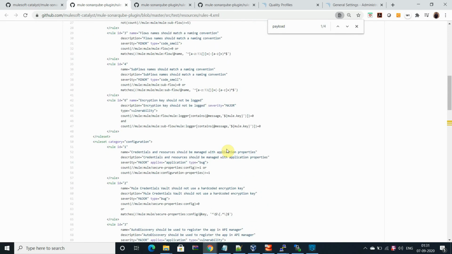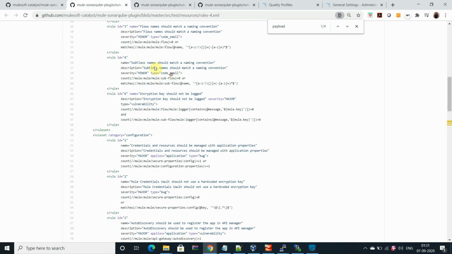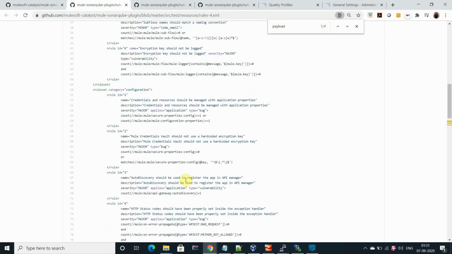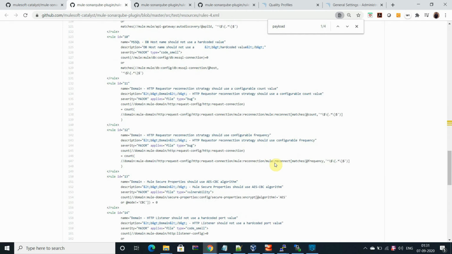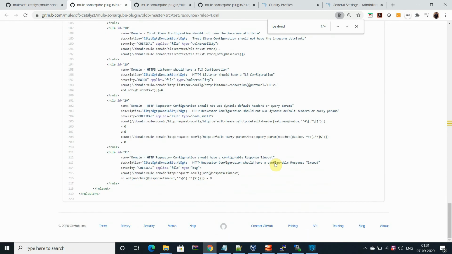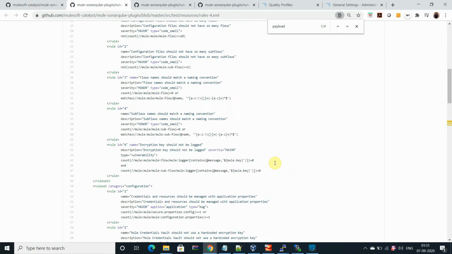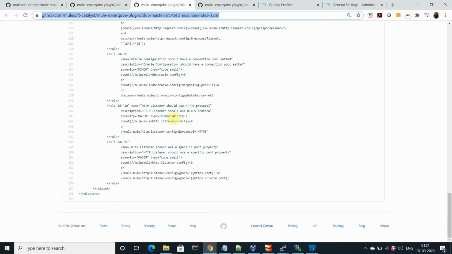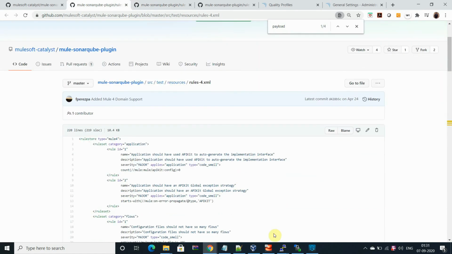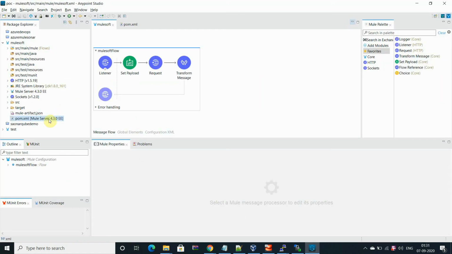Okay, and subflow naming convention, flow naming convention, credentials or encryption and decryption like that, and transformation payload should be externalized with the DWL file. Okay, so they have already created almost 21 cases in Mule 4, and similarly 11 in Mule 3 itself.